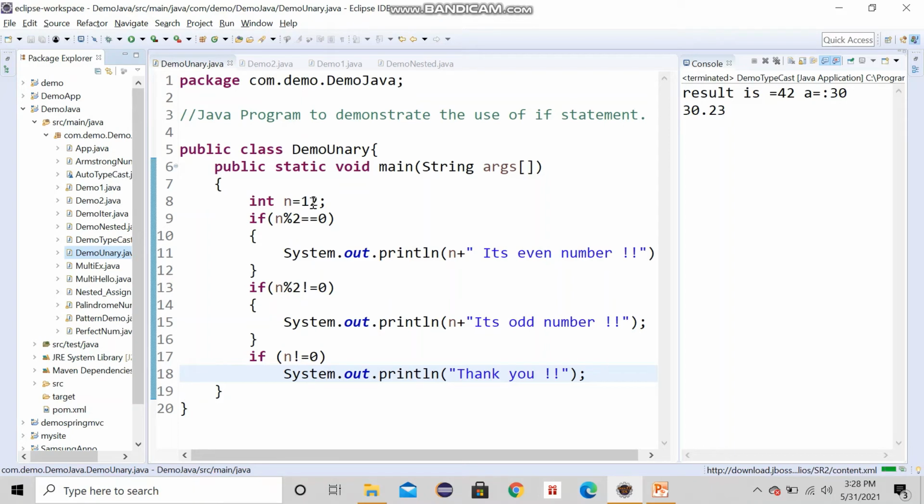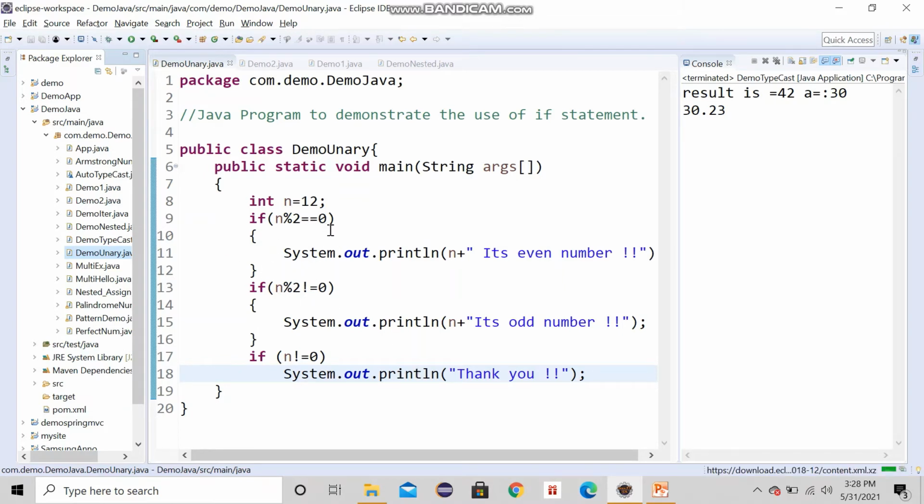Suppose I change it to some other number, I'll update this. If it is 9 or 11, any number other than an even number, it will not go inside this if condition, it will directly come here. If this condition is true, then it will print it's an odd number. But I have written one more if condition, just to show you what the problem is with writing so many if conditions.